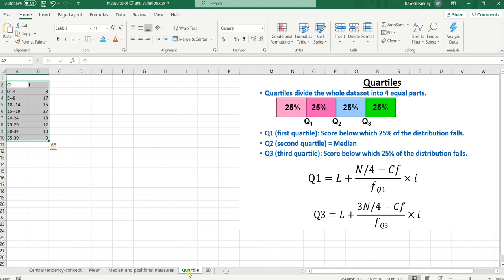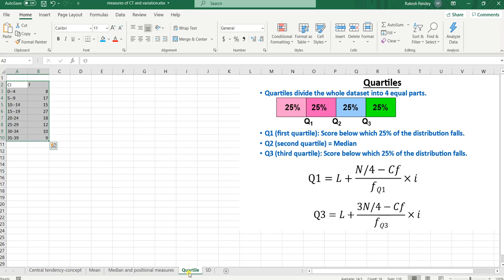So I am going now to discuss what is quartile and how we compute this in grouped data. As you know, as median divides the whole data into two equal parts, for making the data into two equal parts, we need only one cut, that is one value. So median is one single value. But